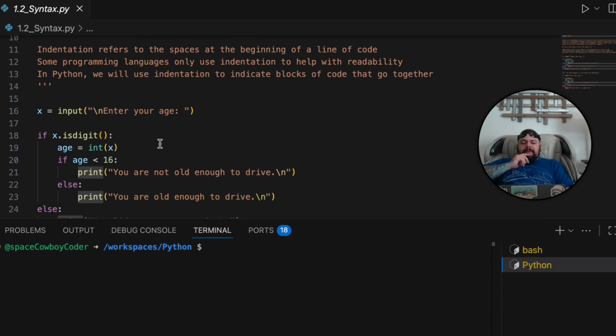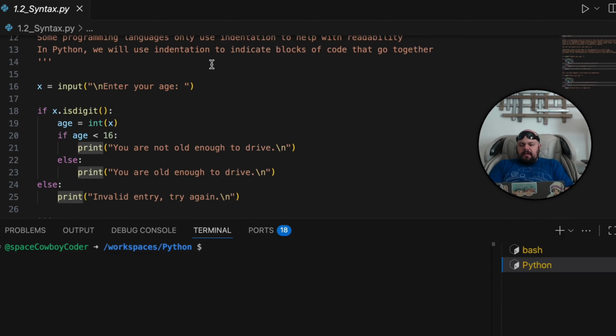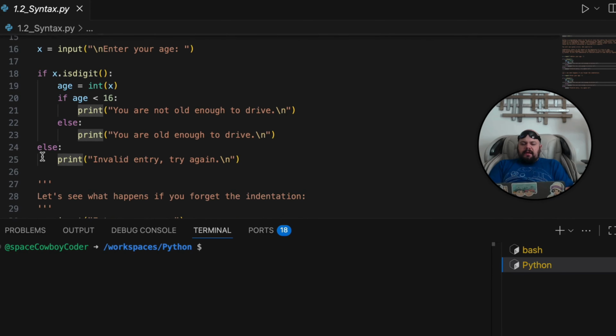Indentation refers to spacing at the beginning of a line of code, and some programming languages use it just to help with readability, but Python actually requires proper indentation. You will see indentation errors just like you'll see syntax errors. So I guess indentation could be a part of the syntax, but anyway, so here you see a very simple